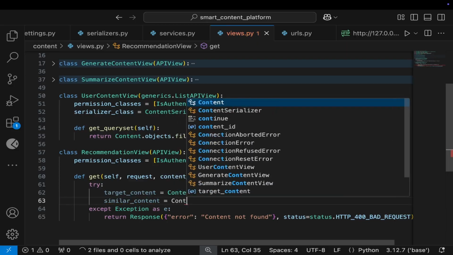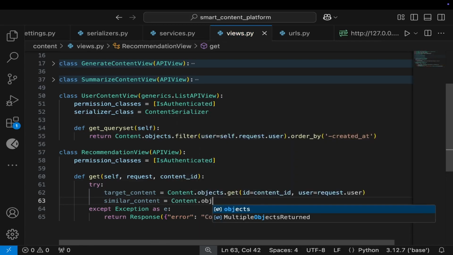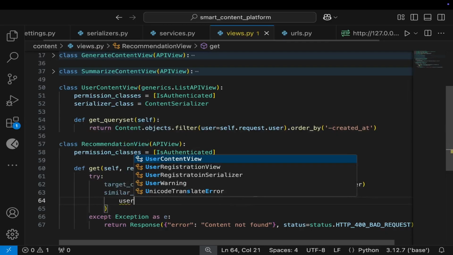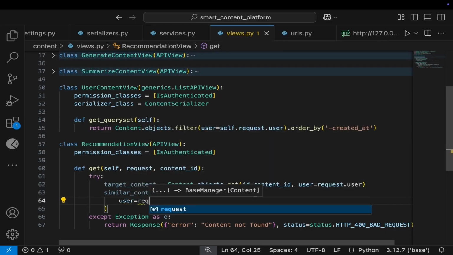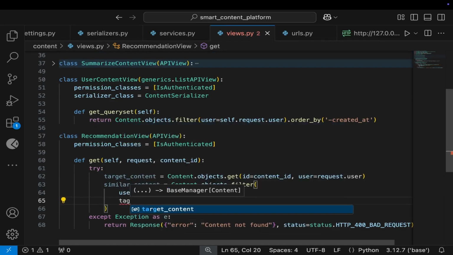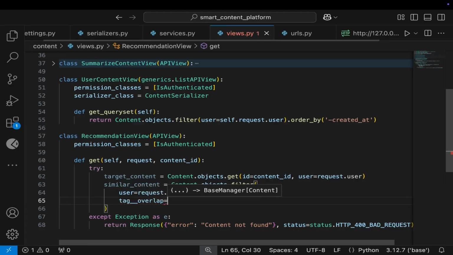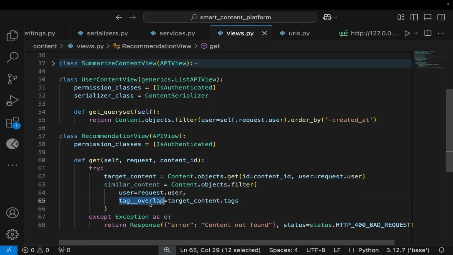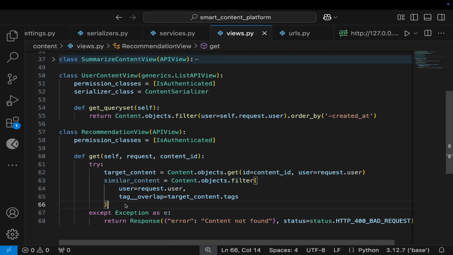We shall say Content.objects.filter. We want similar content for this particular user, request.user, and for the tags, we shall say tags__overlap equals target_content.tags. So if there's an overlap, if there's at least one item which is similar between the two, that will be returned. And then we shall need to exclude